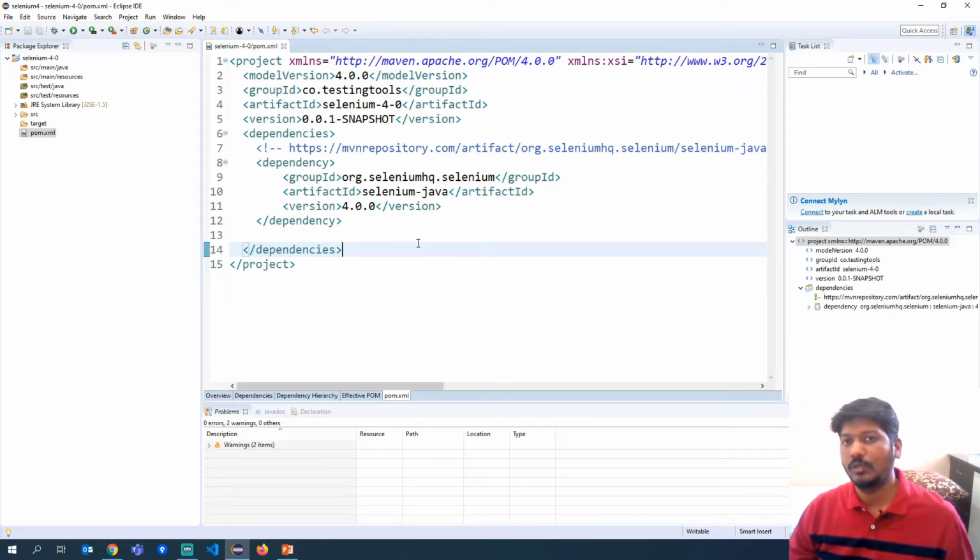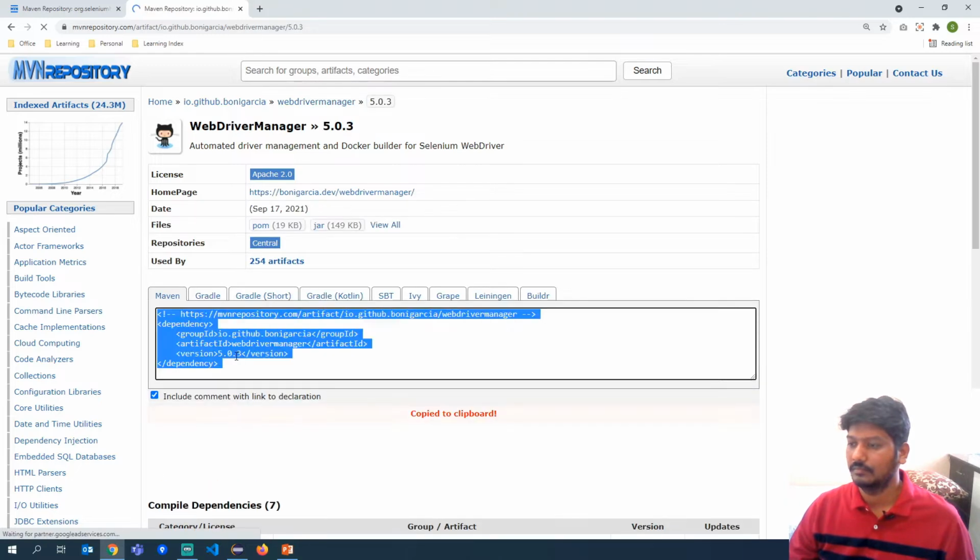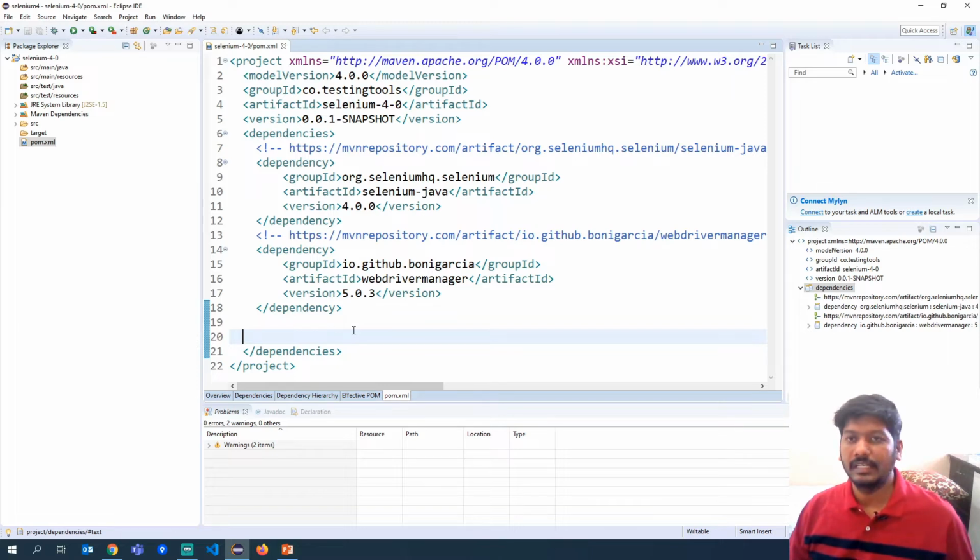Also, I would like to include WebDriver Manager, which will help us to access the browsers easily instead of having the exe files of all the different browsers. Okay. If you want to learn more about this, I have created a video which says best approach to launch a browser. You can watch that in the video. You might even get the link on the top. So this is how you will create the Selenium project with release 4.0.